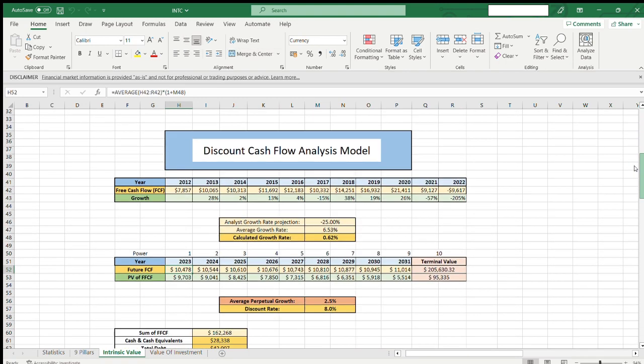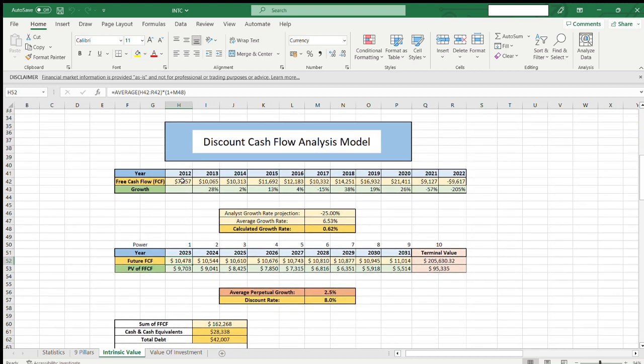Now let's look at the discounted cash flow model. Here I plugged in the free cash flow of the last 10 years and calculated the average growth rate of 6.53%. I then combined that with the analyst growth rate projections of negative 25% to get a growth rate of 0.62%. I then used this growth rate to calculate the future free cash flow over the next 10 years, and